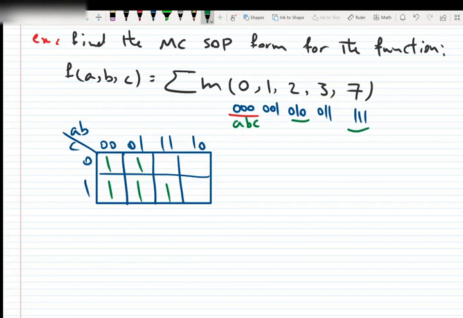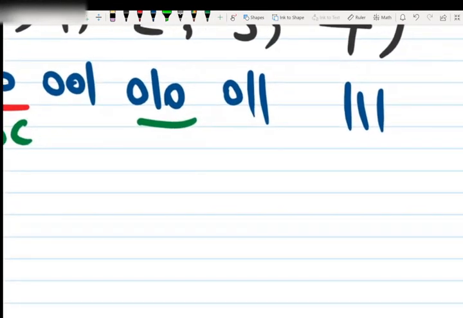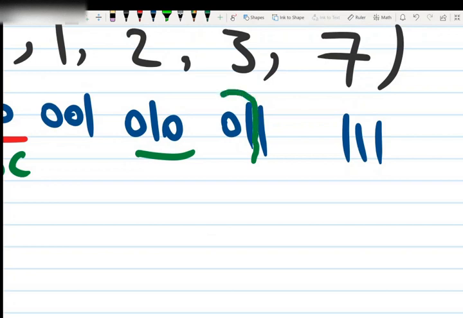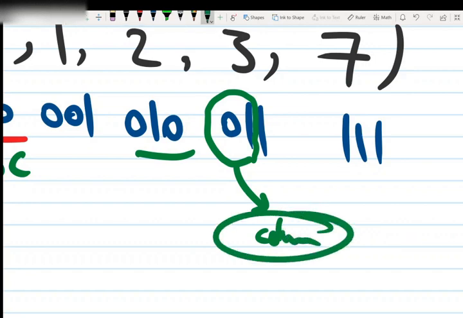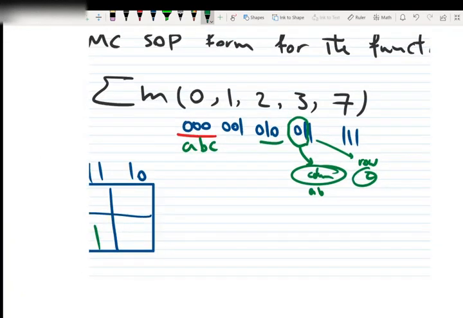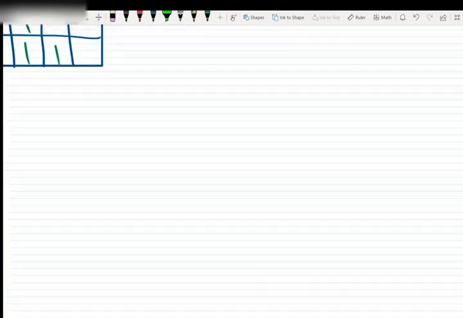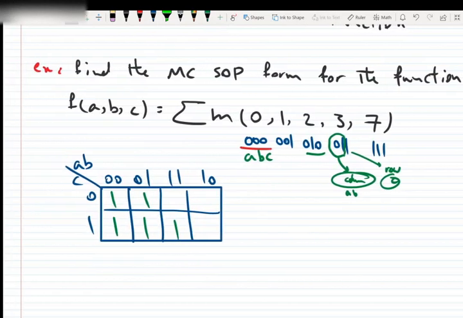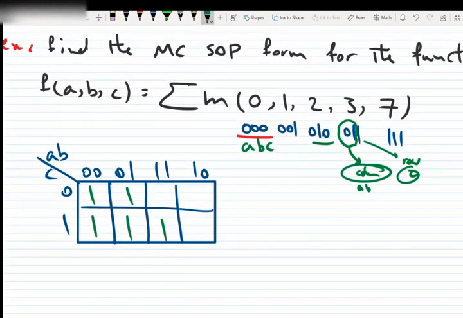So the first, in fact, if I zoom in, the first two digits are column, A and B, and the last digit is row, which is C. Okay, and the remaining cells are 0, of course. Now we want to simplify this